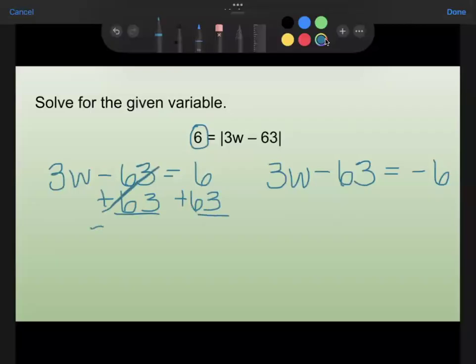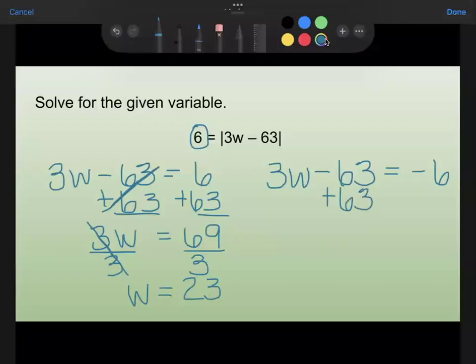This will cancel. This will be 3w equals 69. Then I would need to divide both sides by 3 and cancel that, so that w equals 23. So we've got one value of w, and that would be 23. On this side, I also need to add 63